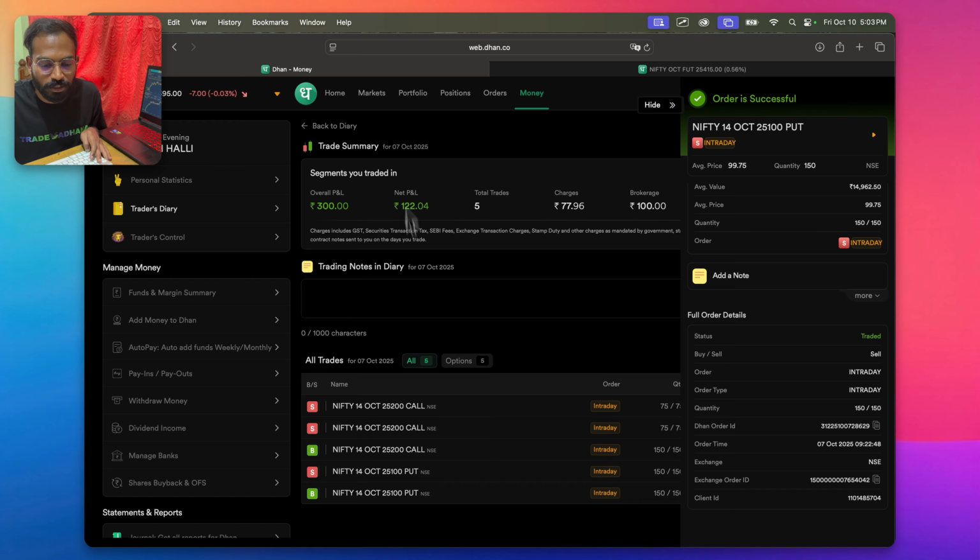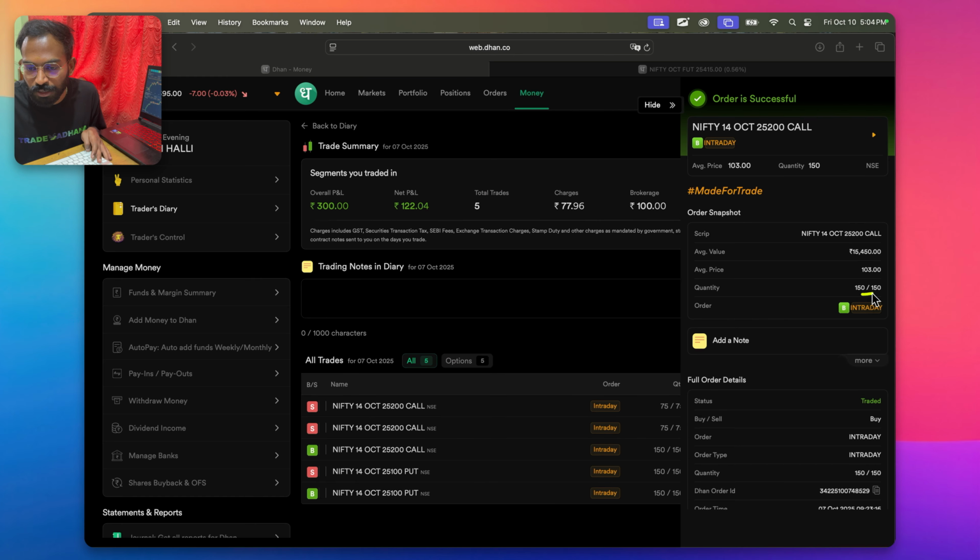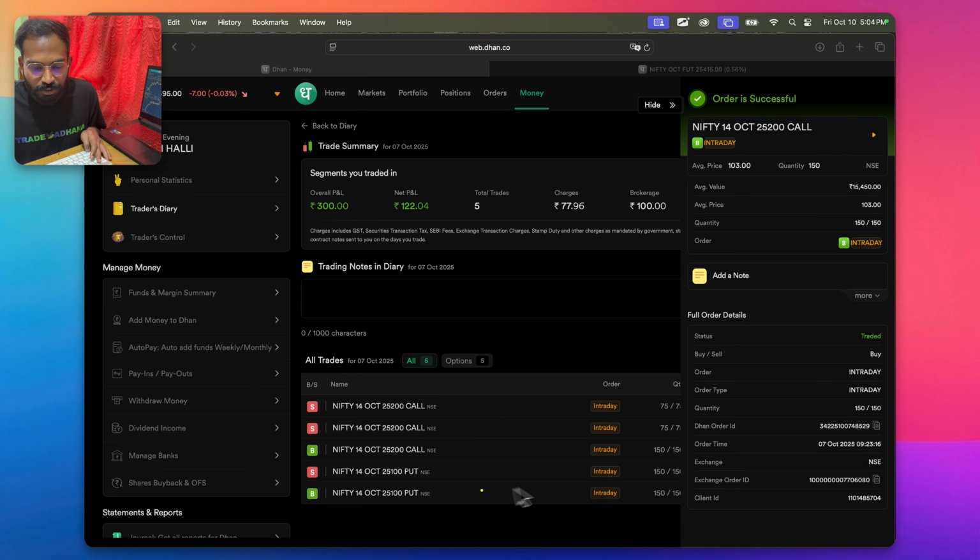Then comes my next trade. My next trade was again with two lots. I entered back 25,200 calls for 103 around 923. Right after closing this put position, I entered back to the call side, which I should not have done technically,